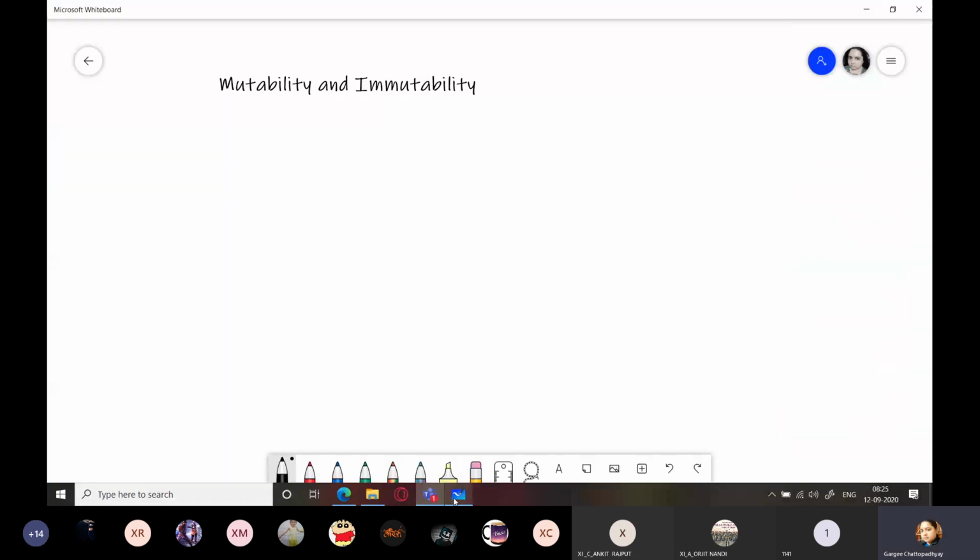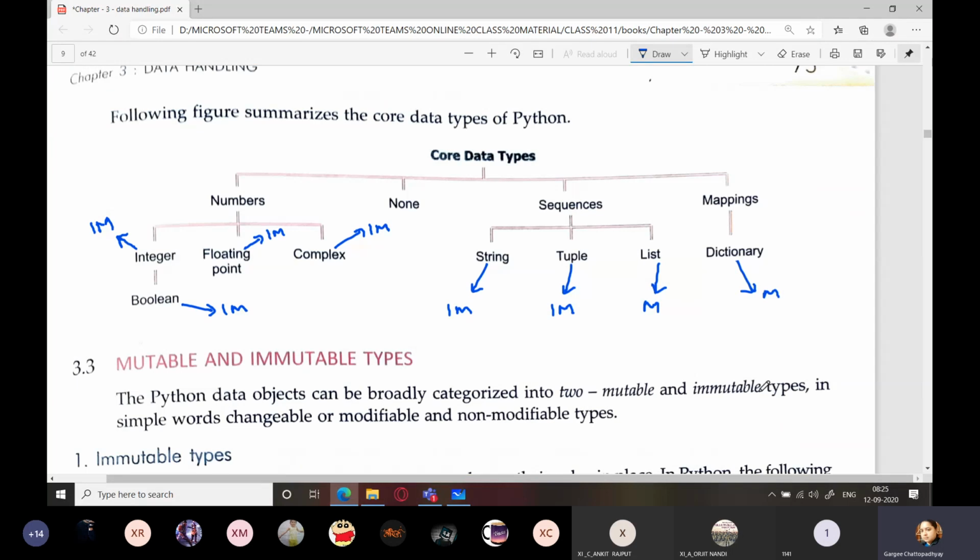Yes, sets are also there, right? So we will be seeing sets a little later. There is another type of sequences, that is sets. Okay, and sets are mutable as far as I know. This I will confirm and let you know. Okay, so for the time being, you can just write sets are mutable.